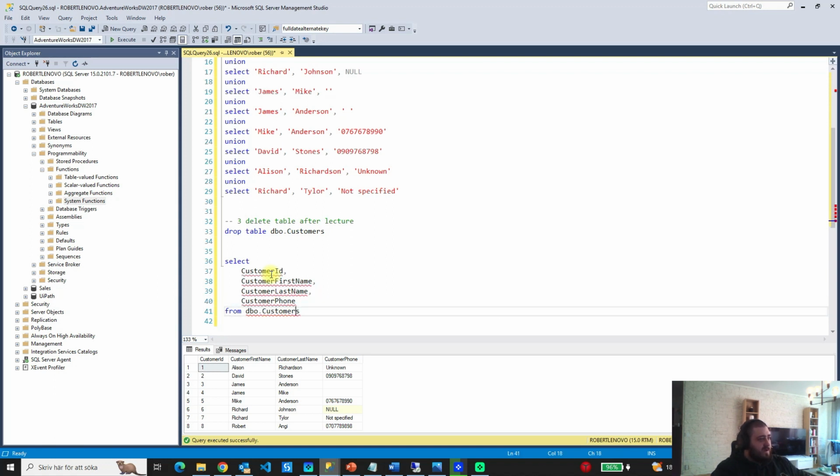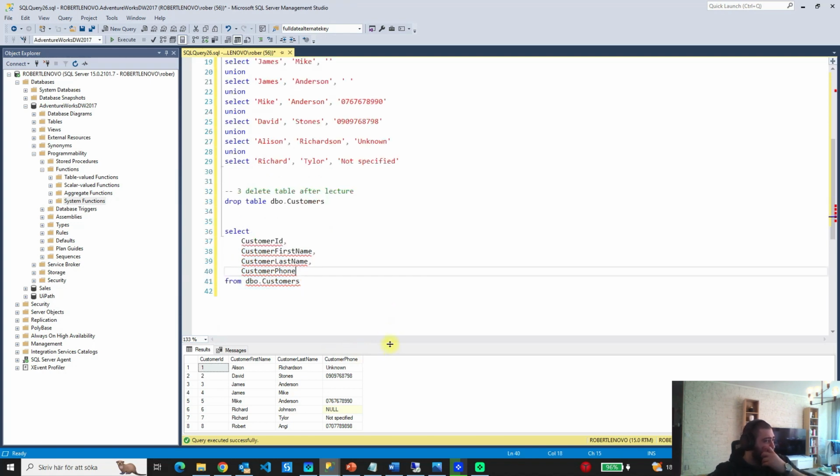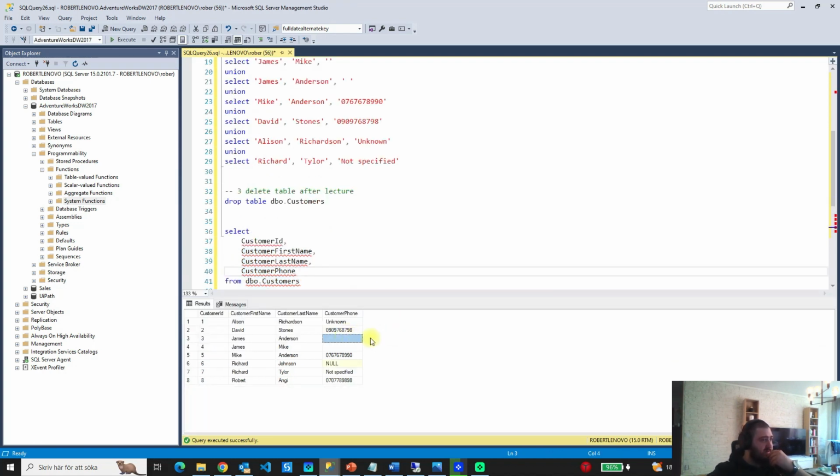If we run this query, we see that for some rows we have unknown, we have a phone number, then we have an empty string, we have nothing, and then a phone number again, then we have null, not specified, and another phone number. So pay attention to this null value here, because